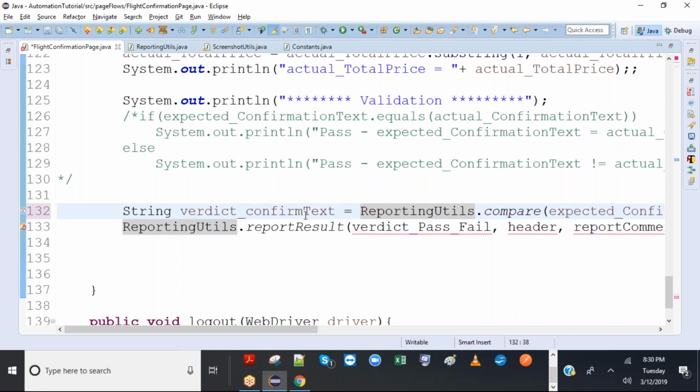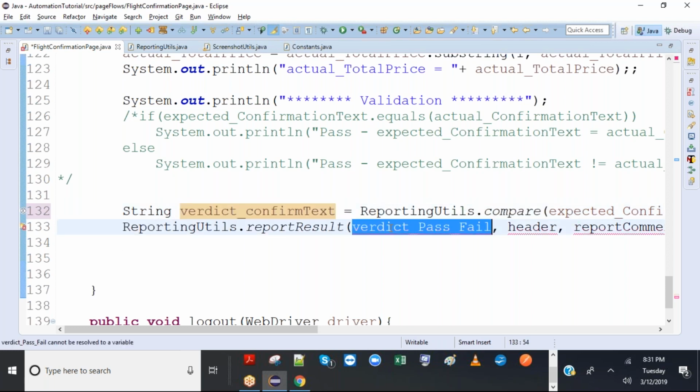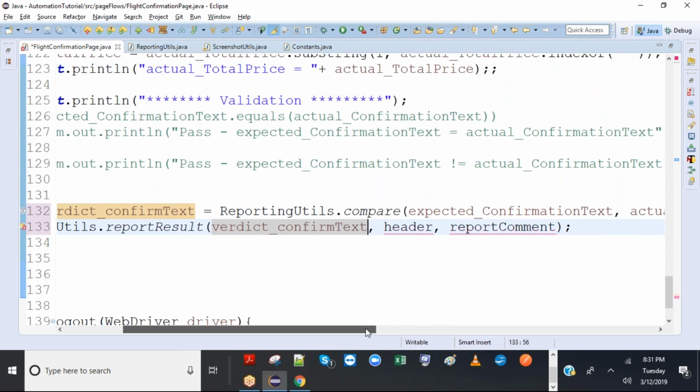This is either pass or fail, we don't know until we execute it, and right now it's a pass. So this will contain pass, and now I'll pass this value here. If it is pass, it will automatically take it and put it.